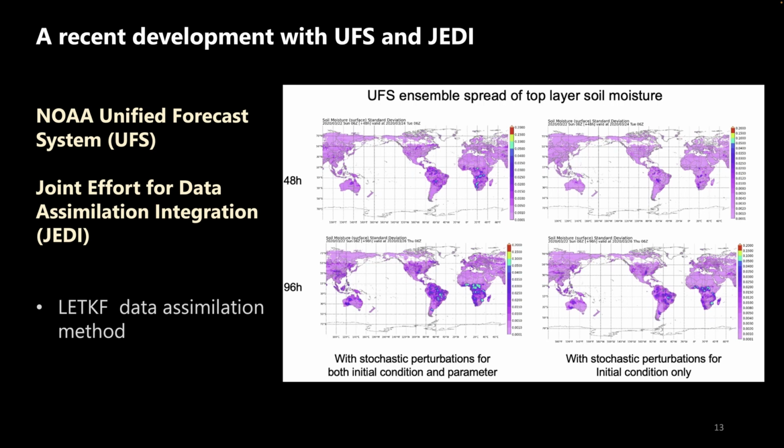So as you can see, we did the verification with the soil moisture, and also the near surface 2-meter temperature and the humidity against the observation. This paper was already published in Monthly Weather Review in 2020, so you can check the details. The story here is assimilation of soil moisture